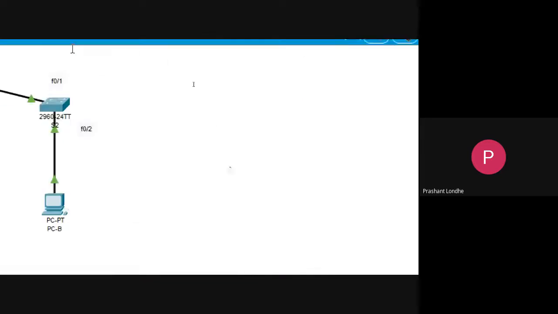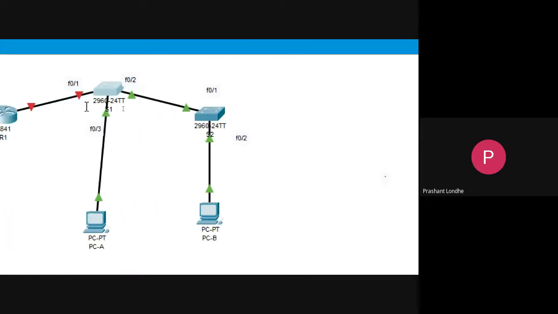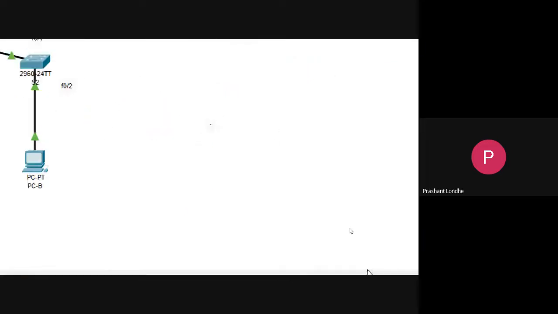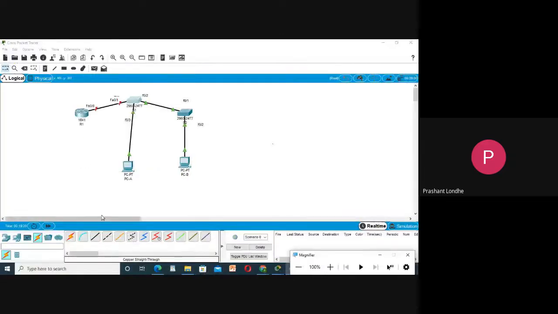You can see for switch 1, I have used F0/1, F0/2 and F0/3. So all the ports from F0/4 to 24 and Gigabit Ethernet 0/1 and 0/2 will be assigned. So let us do this. I will show you. Let me open this connection.